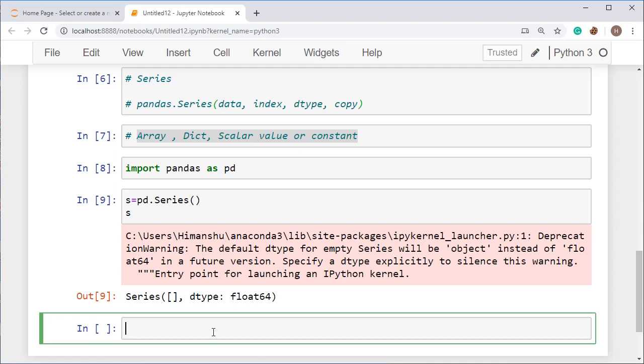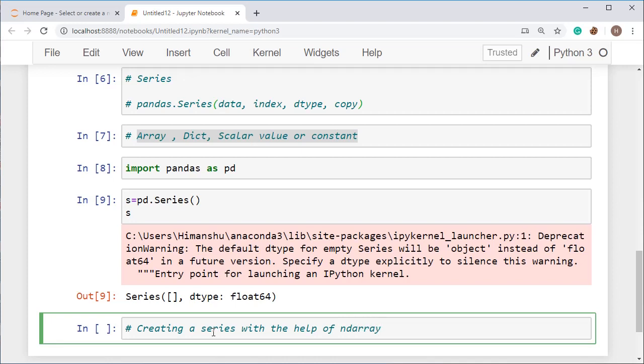All right. So you can create a series with the help of array, means I am going to show you how to create a series from an ndarray. The first thing I am going to show you, creating a series with the help of ndarray. All right.